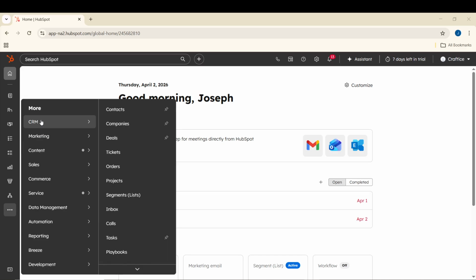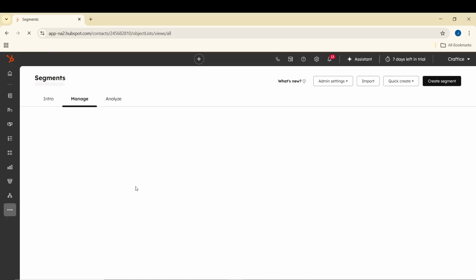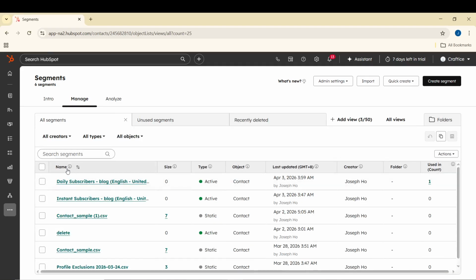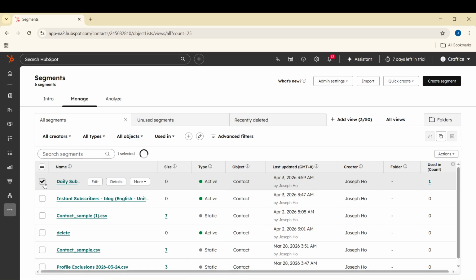To get started, log into your HubSpot account and look at the main navigation. Go to CRM and then select Lists. This will open the Lists area where you can find both static and active lists. For this tutorial, you will be working with a static list because static lists let you manually add or remove